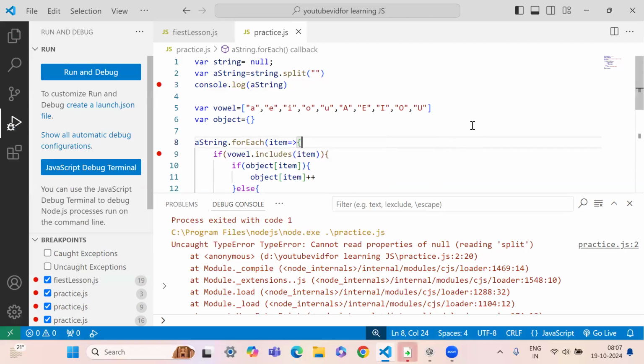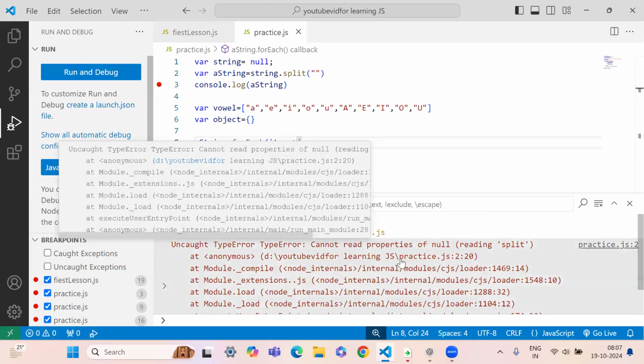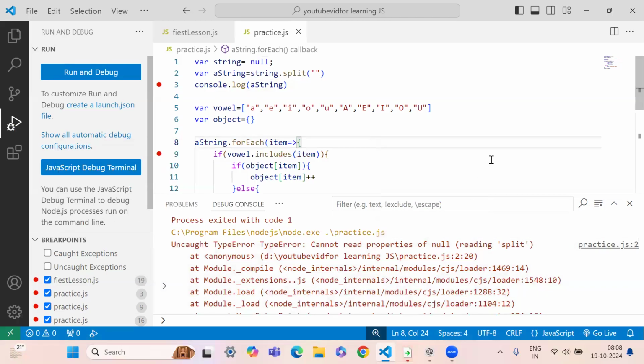But let's say you're working on some kind of code, and some end user is not going to get these kind of errors, or maybe somebody who is sitting in the back end wants to gracefully use the error and log the error for the end user. Let's say the end user tried to make a submit call to the backend, and in the backend you are handling the error. So if you do not handle the error,